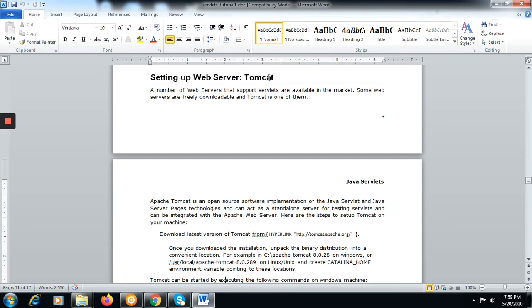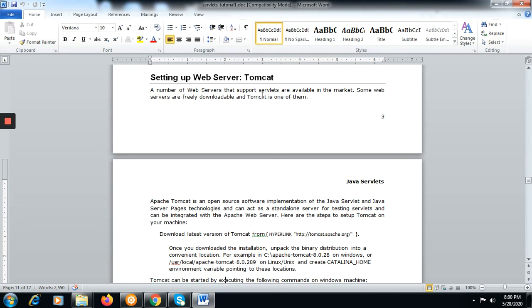Setting up the web server Tomcat. That is very important, as we already discussed the web server. Now Tomcat is actually a web server. What is the requirement of a web server? The Java classes, which are basically servlets that we are going to develop, have to run. It is not running just like a plain Java application. We need to provide the environment. So Tomcat is providing the container where the servlet is going to run.